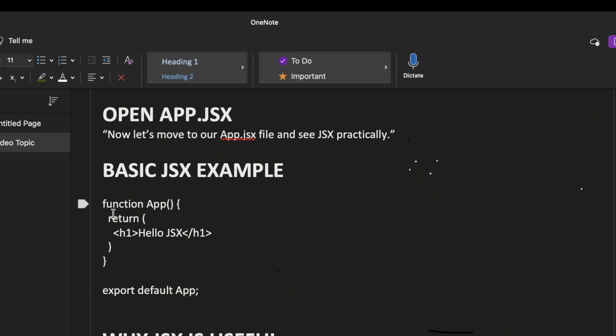Here we have a function component called App. Inside this component we are returning